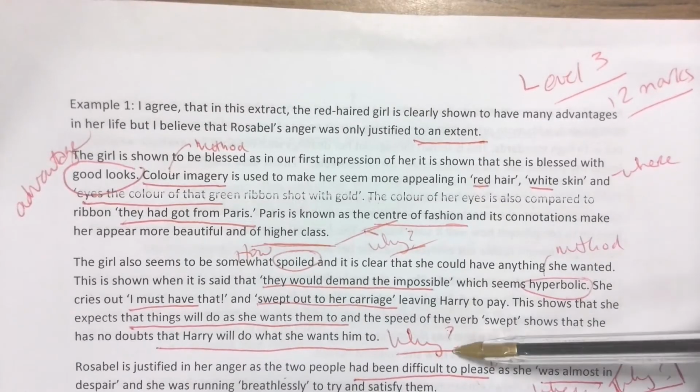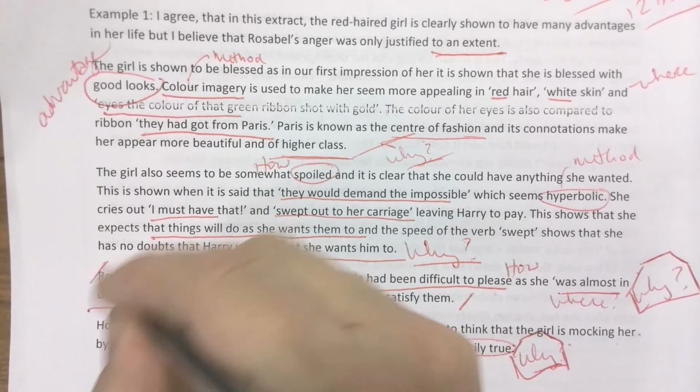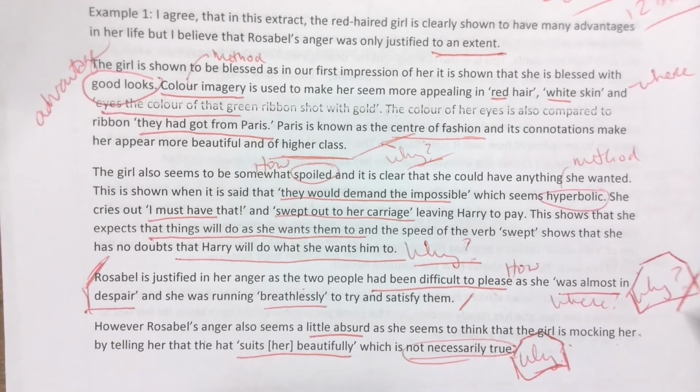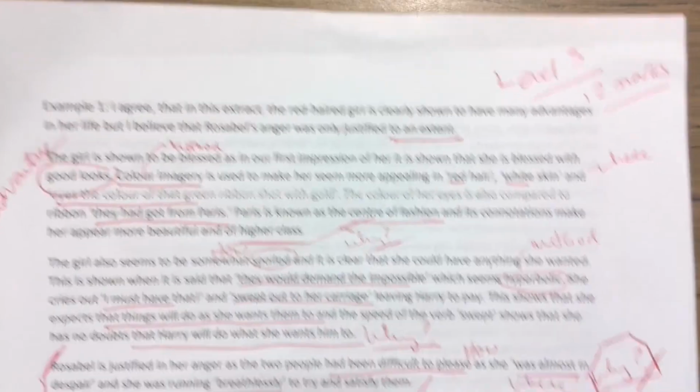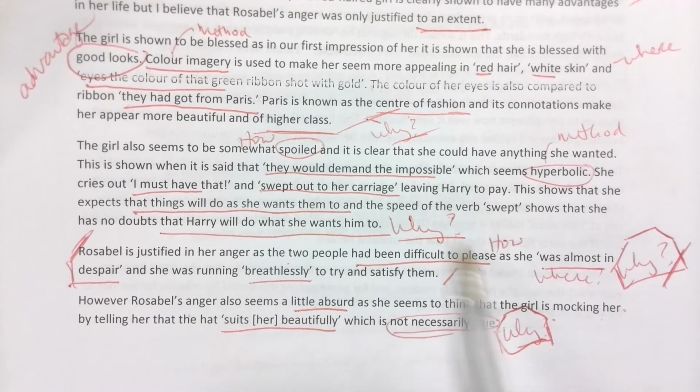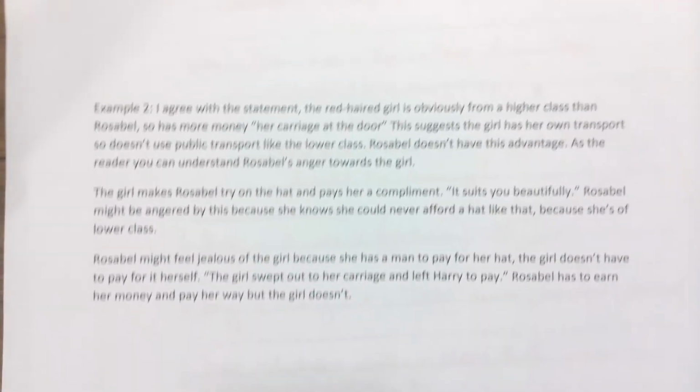If they had left this and maybe expanded on this bit, like we wrote up in our model paragraph in the last video, then that would have probably gotten them a top level 3, which is 15 marks out of 20, which is pretty good. But as it is, they lost 3 marks for trying to include too much without saying a lot. Alright, so let's look at this one.